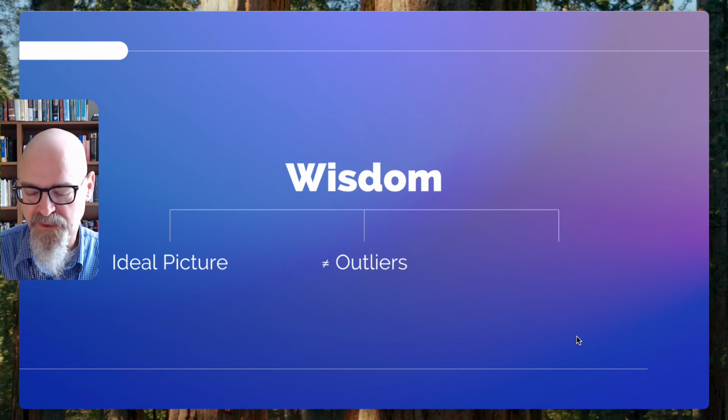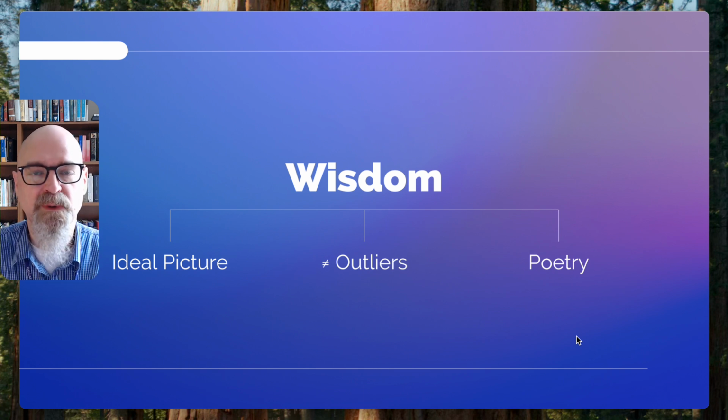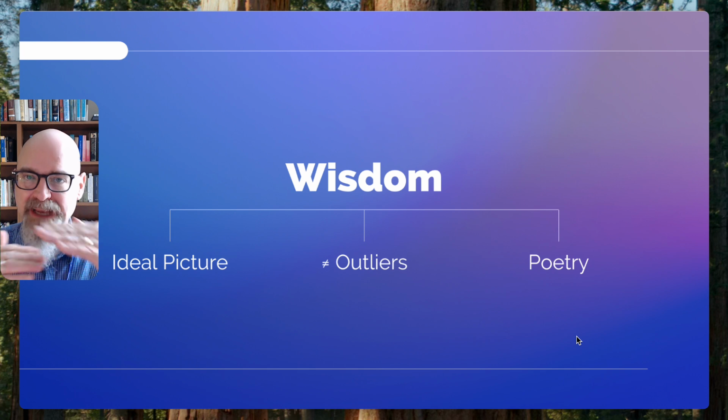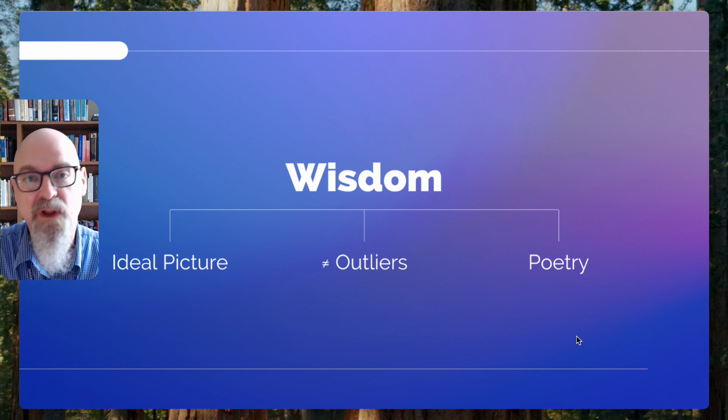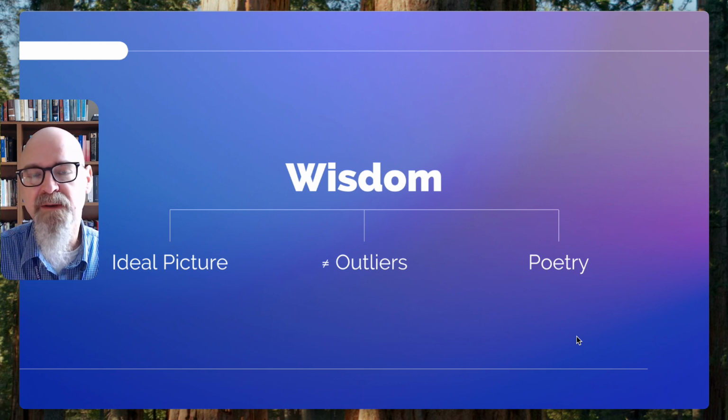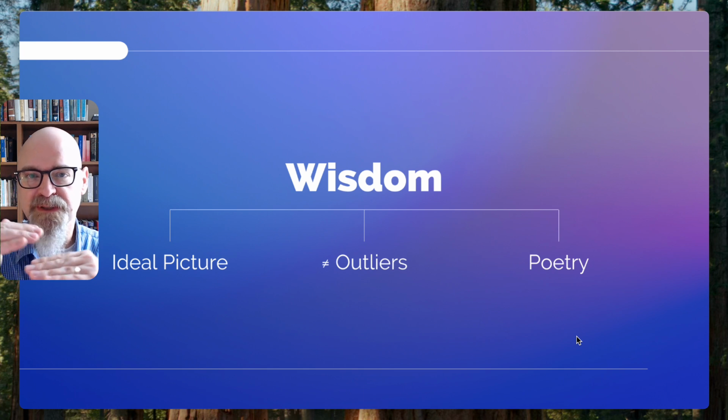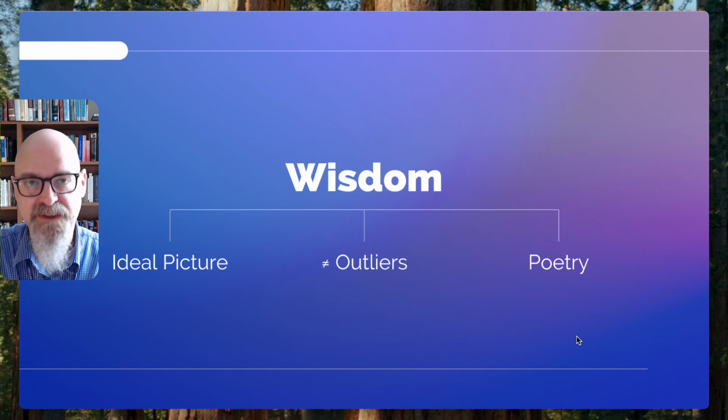And then what you'll also notice is that there's a lot of overlap with poetry. We talked about poetry last week, and remember we talked about how Hebrew poetry is parallel. It puts things side by side, and biblical wisdom will oftentimes do that as well. So there's a lot of overlap with poetry, but the key will be think about how this juxtaposition of ideas works in wisdom to help you understand better the ideal picture and how you should behave in your particular situation.